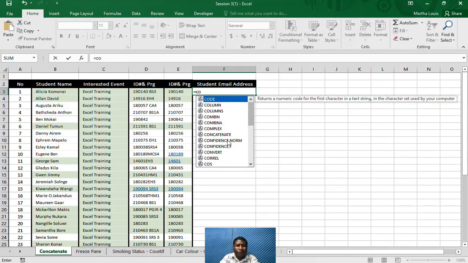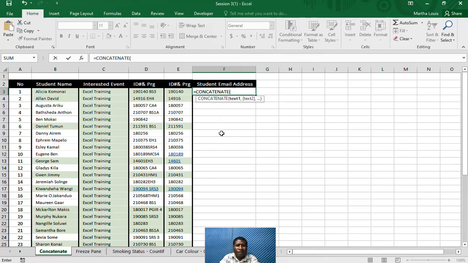Concatenate, the function that we want to use. Double click concatenate, and concatenate needs the arguments, which will be what type of text you want to concatenate: text 1, text 2, so we have to identify which one is text 1, which one is text 2, and it continues on. Now for our situation, we only have two texts. One will be the student ID number,